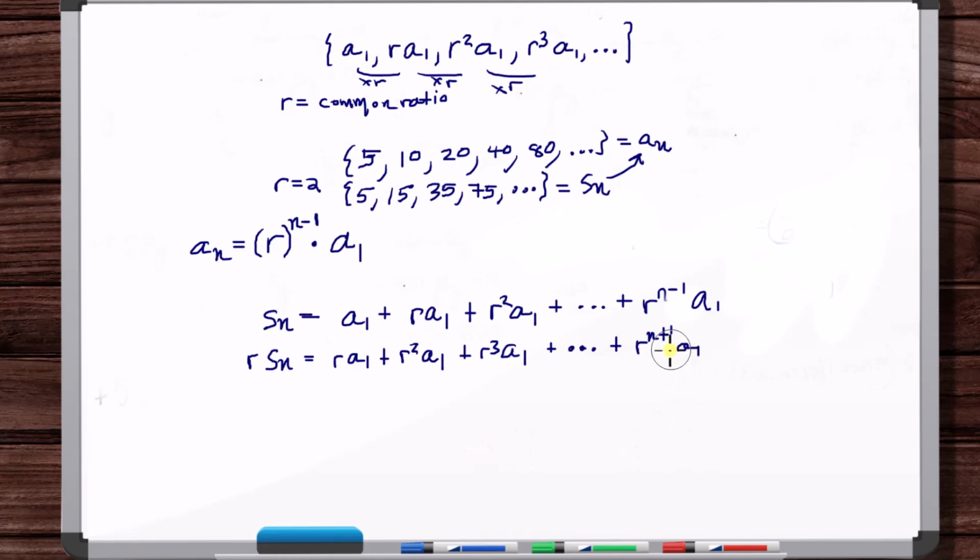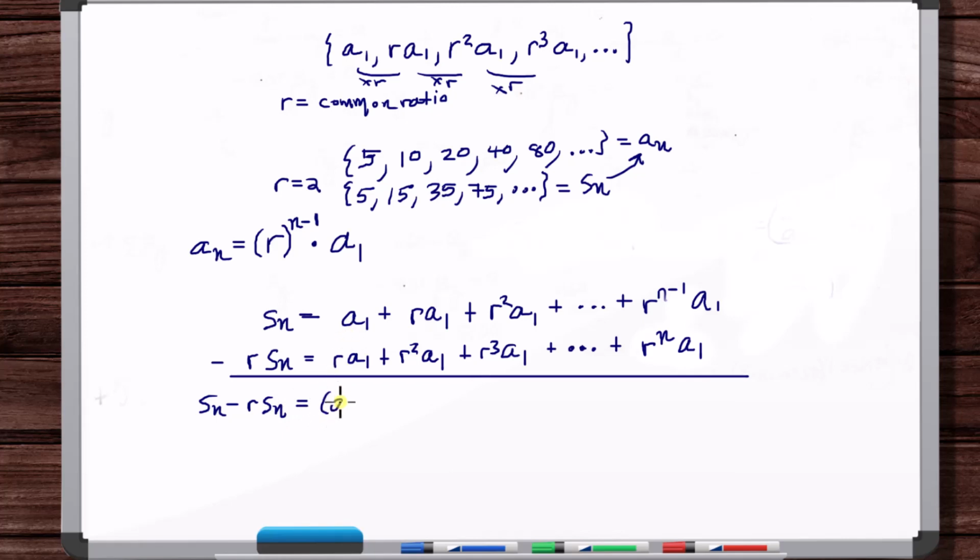And then this is r to the n a1, n minus 1 plus 1. Okay, and now what we want to do is subtract these two equations. So we've got S of n minus r S of n is equal to, so subtracting these two, we've got